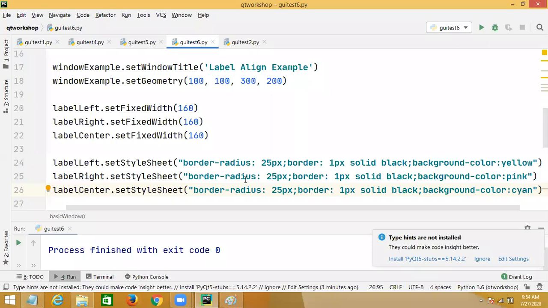Then how can I change the text color? Background color we changed, but I even want to change the text color. How can I give font color?